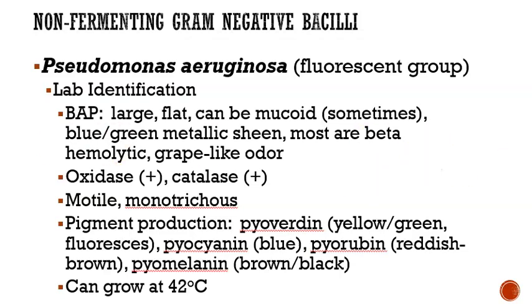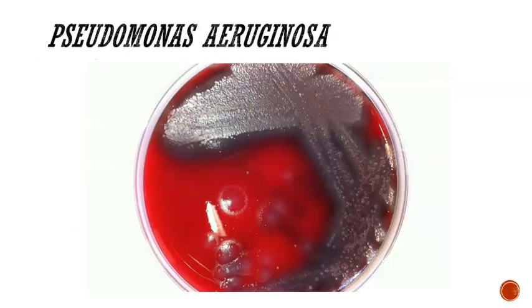And this one also has the ability to grow at 42 degrees Celsius. So there's a picture of Pseudomonas aeruginosa, and you can see one single isolated colony there by itself. How large that colony is, it's very flat. And then up here where the colonies are kind of overlapping, you can see that kind of silverish metallic color